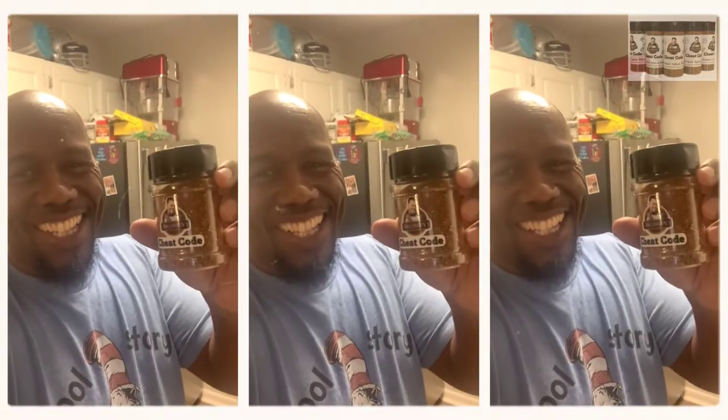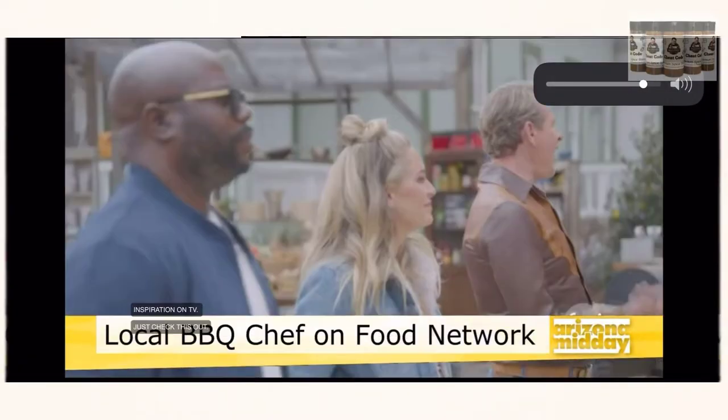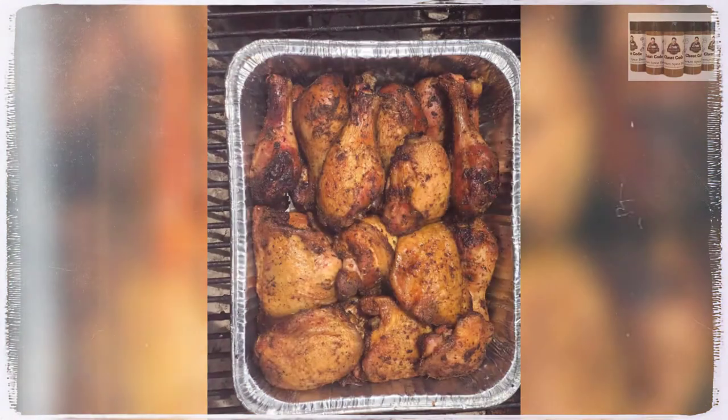Quick, man. I'm activating the cheat code. Terry, I appreciate the cheat code. Let me tell you about this cheat code. And it is called Cheat Code. Today with a 5-star rating. Cheat Code is a seasoning everyone needs in their pantry. A local barbecue master is on it. Terry Matthews, the barbecue daddy, joins us now with